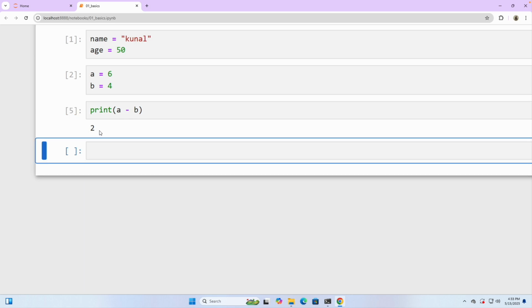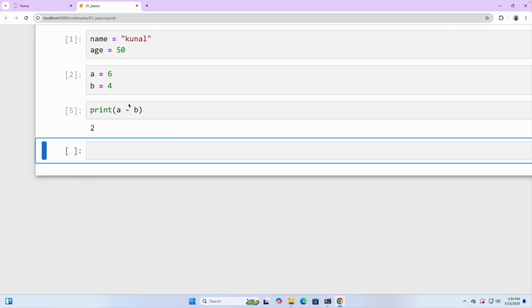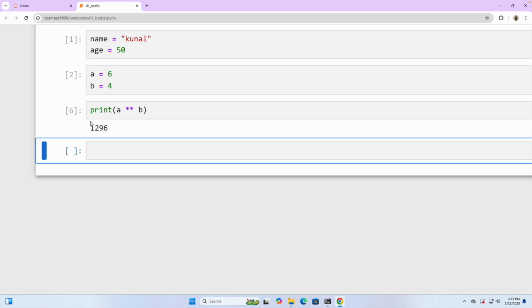Click on shift and enter, it will be 2, and so on. And also you can put the power. Suppose if you double put this one, okay, like this. Click on shift and enter, so it will put the 6 to